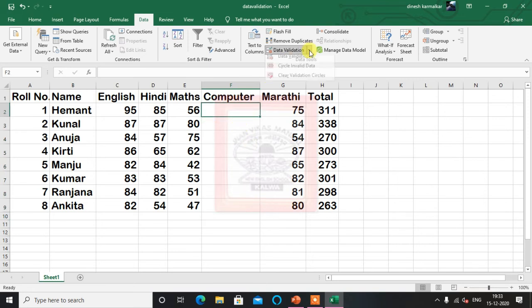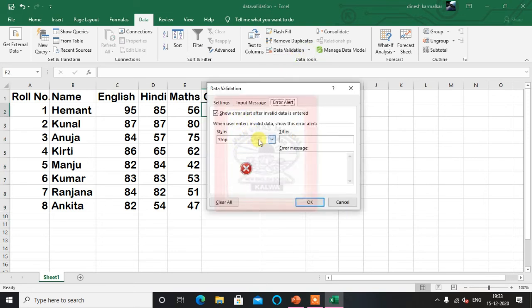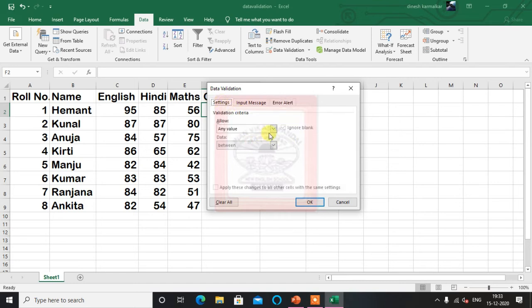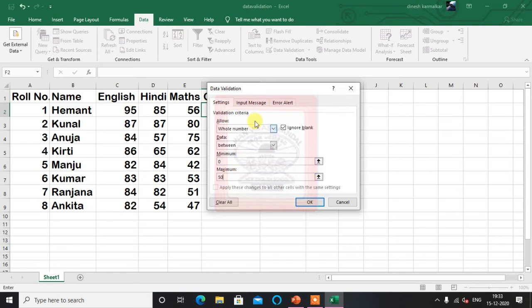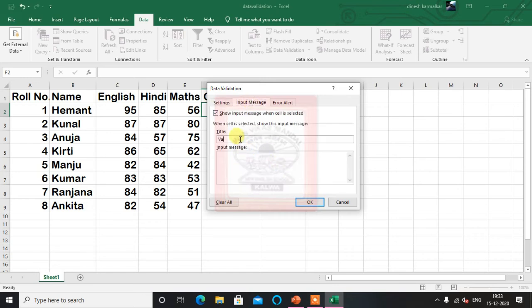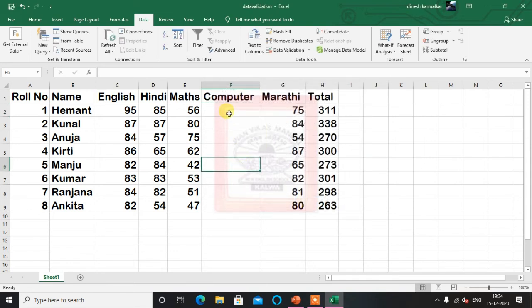Here I will give the rule as 0 and 50 marks. Maximum marks should be 50 for computer. Error, invalid marks. Okay, this way we can create it.